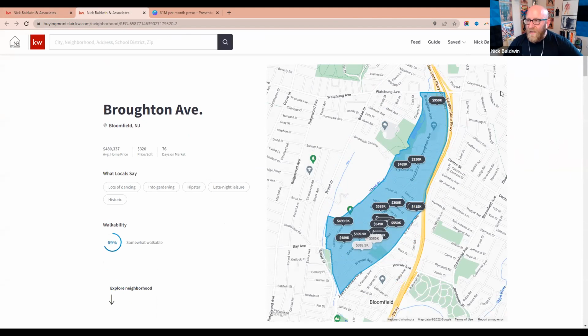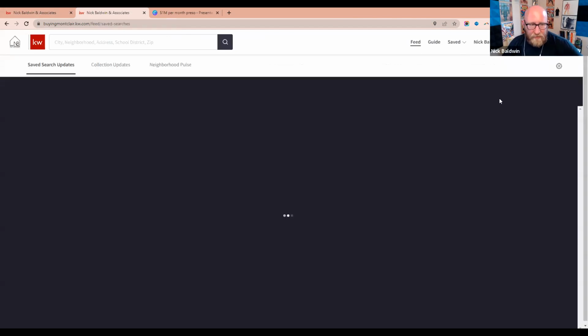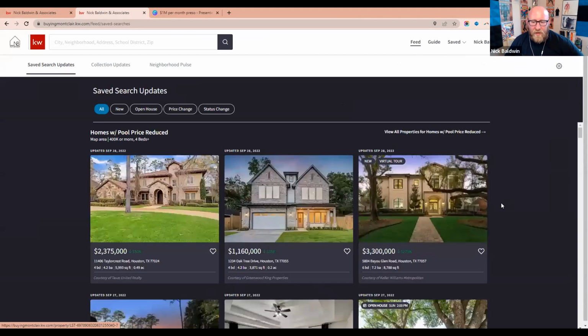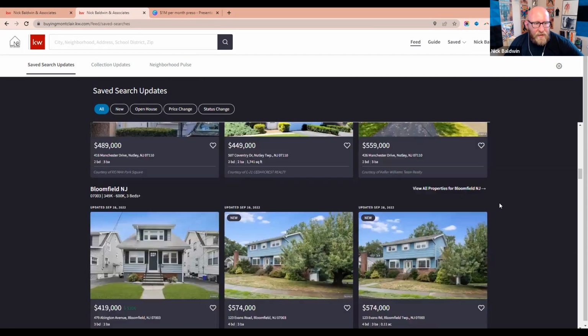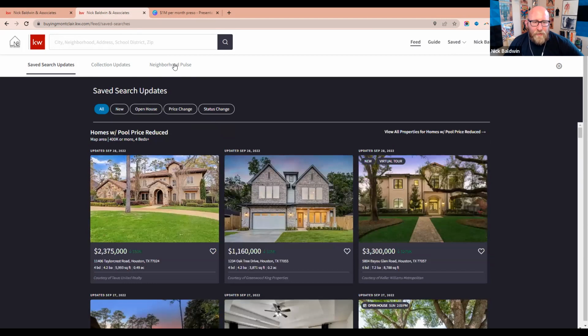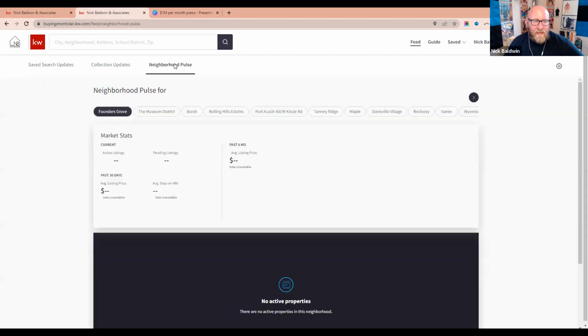Now check this out. If I go to my feed right here on the upper right-hand corner, if I click feed as a consumer, there's a bunch of things here that I'm going to see. All of my saved searches are here. Takes a second or two for them to load up. But all of my saved searches as a client are here. So every house that I've saved or favorited, okay? But what I want to show you is Neighborhood Pulse. So if I click Neighborhood Pulse,